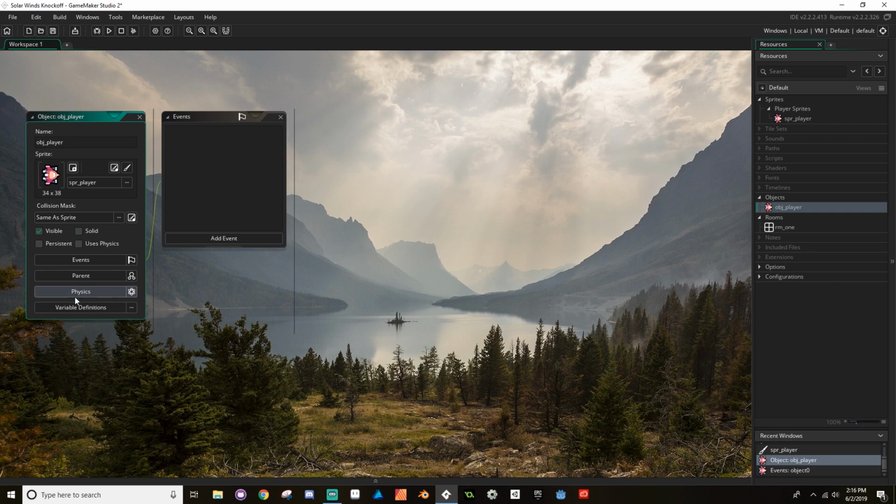Physics, which we're not going to be using too much here, and then variable definitions, which we'll talk about a little bit later. So the first thing I want to do is add an event. Right now we're in the Events tab. So if I go to Add Event,